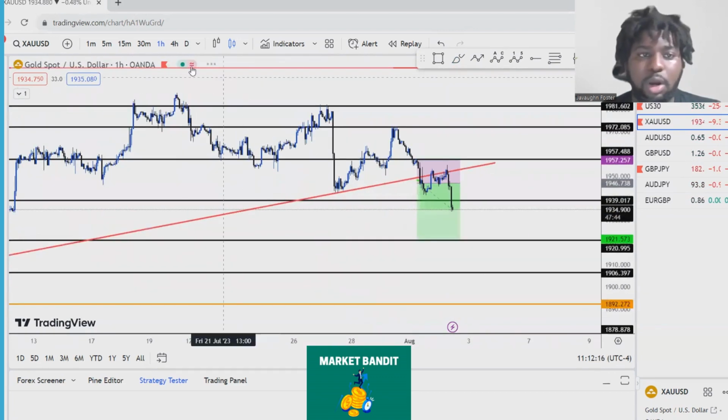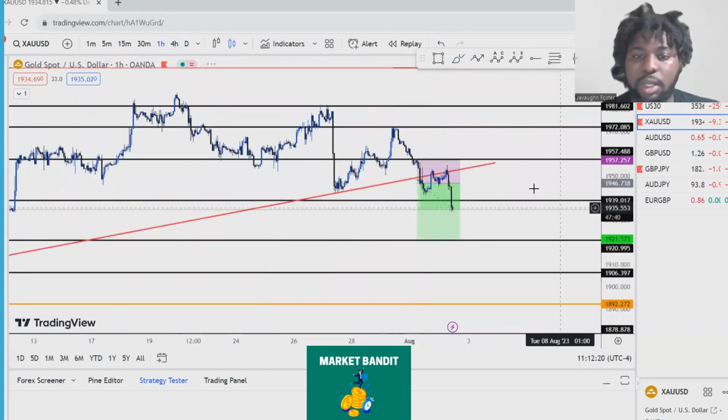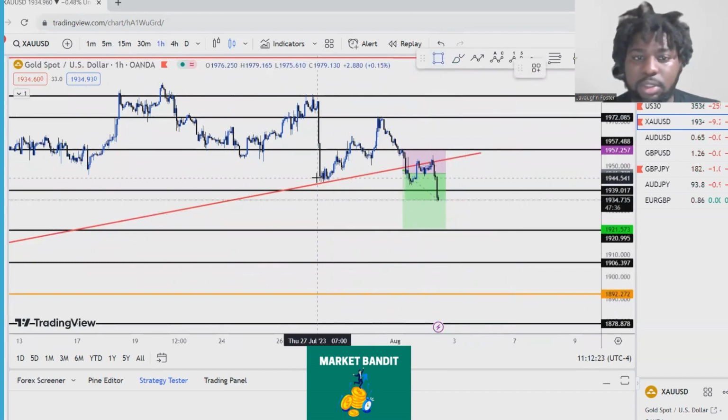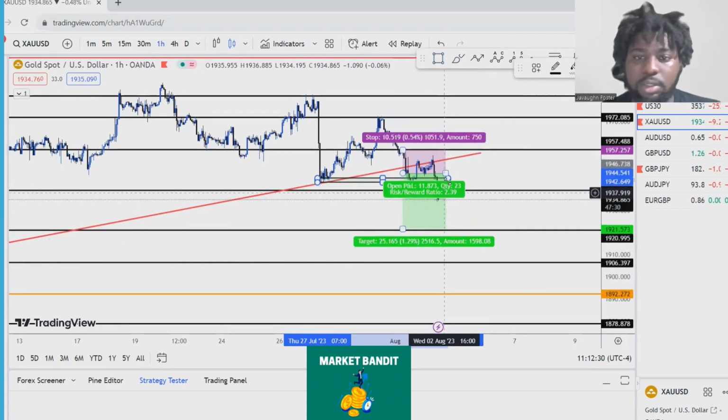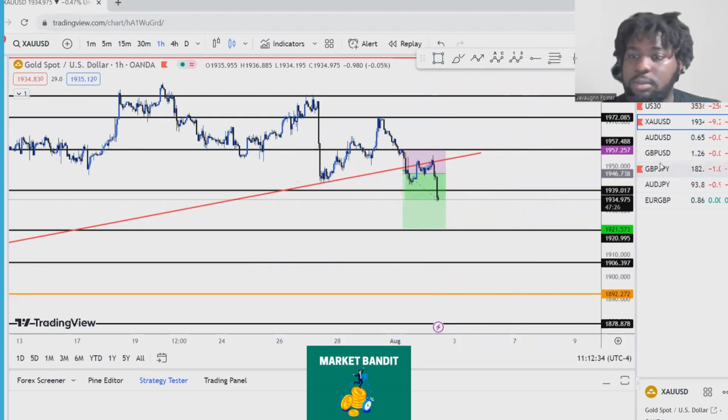Right, so it was a 4-hour entry. I took this off the 4-hour time frame, right, to break off the trend line, and I knew once price broke this low here, the market is going to continue falling. Okay, and last but not least,